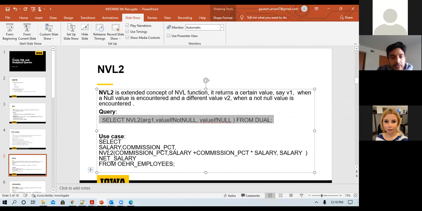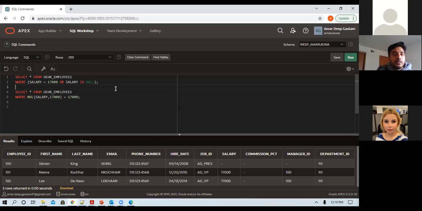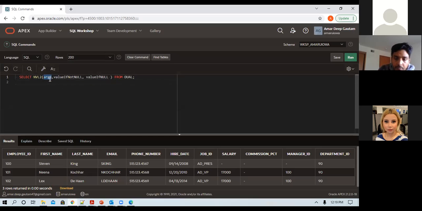For example, if I want to test this in the dual table. Value if not null, let's say, and value if it's null.